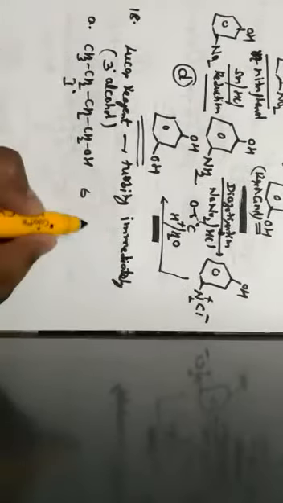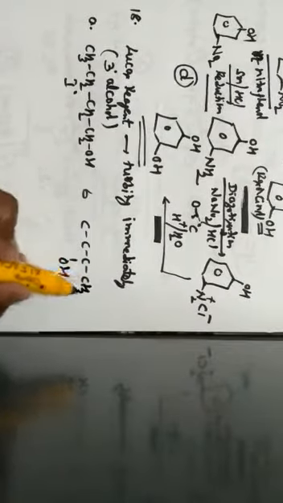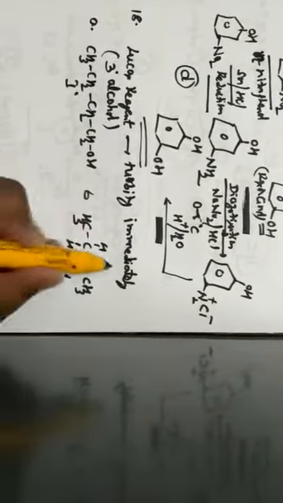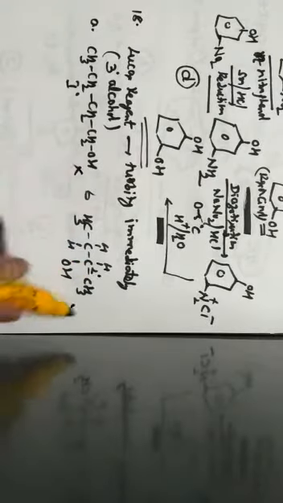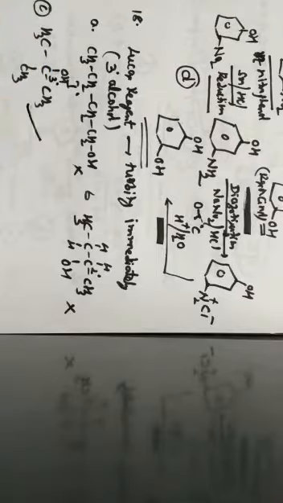Option B, butane 2-ol, with 4 carbons. When we check this butane 2-ol, this particular carbon is a 2-degree carbon. Hence 1-degree carbon is not the answer, and 2-degree carbon is also not the answer. Let us go with the third option, 2-methyl propane 2-ol. This is 2-methyl, second carbon methyl, propane 2-ol. Here is the OH group. This is CH3, this is CH3. Yes, here the carbon is tertiary. Hence this may be the correct answer.